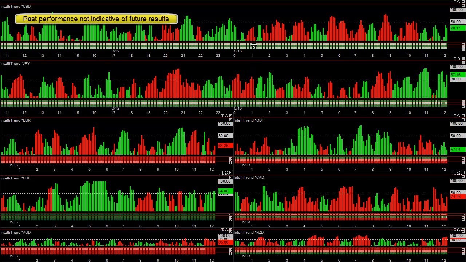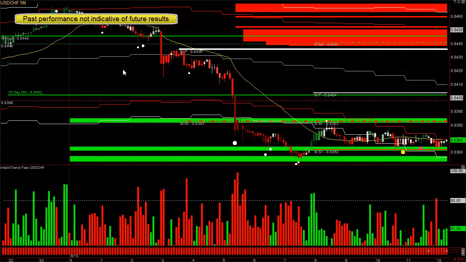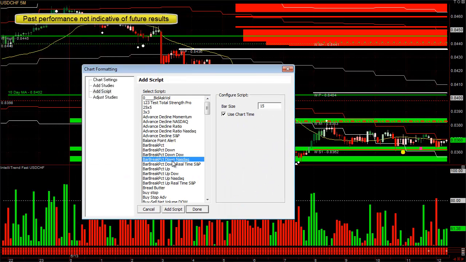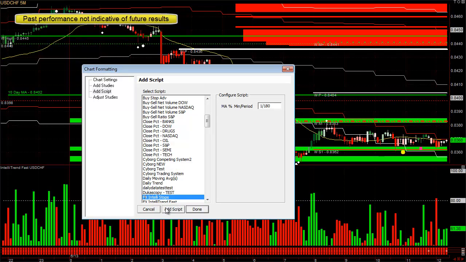Now the dollar, the weekly trend had shifted up, and the monthly trend just barely up, but it was having weakness today. 2 o'clock had some weakness. One of the stronger ones later in the day was the Swiss. So you might have looked to sell the dollar Swiss. It is down significantly on the daily and longer term charts though. But if you wanted to look for shorts up near the upper containment band where most of the time the market reverses, let's put our IntelliTrend stop on here just so you can see how it does